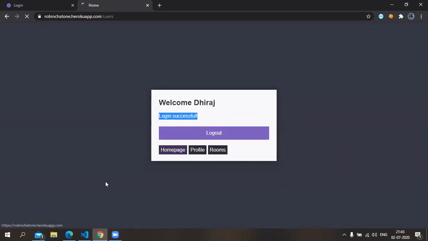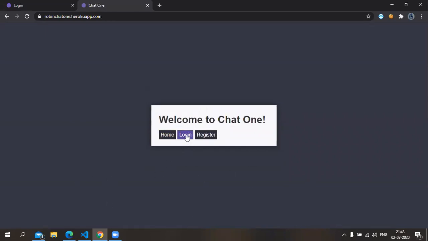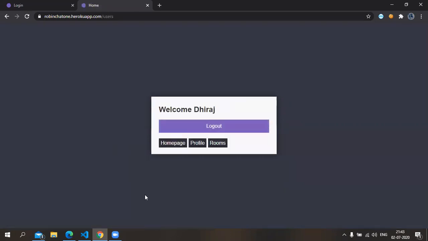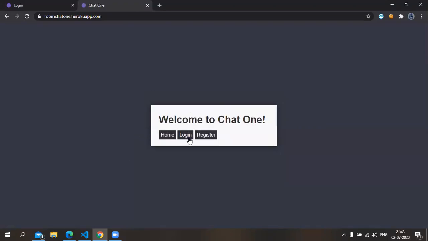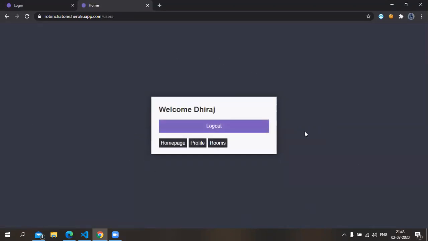From here, the user can go to the home page, but he can't go to the login page as he is already logged in. Whenever you try to go to the login page while logged in, you will be redirected to the user dashboard.